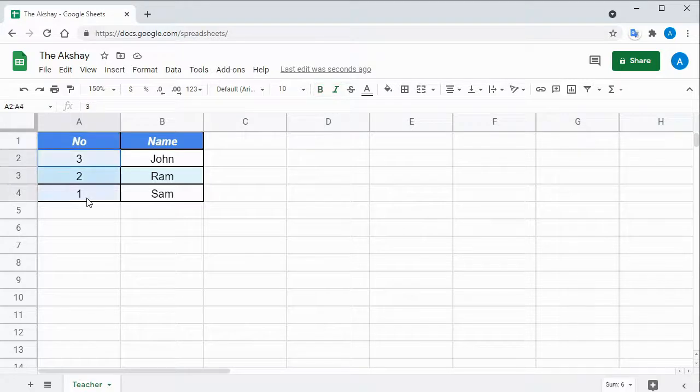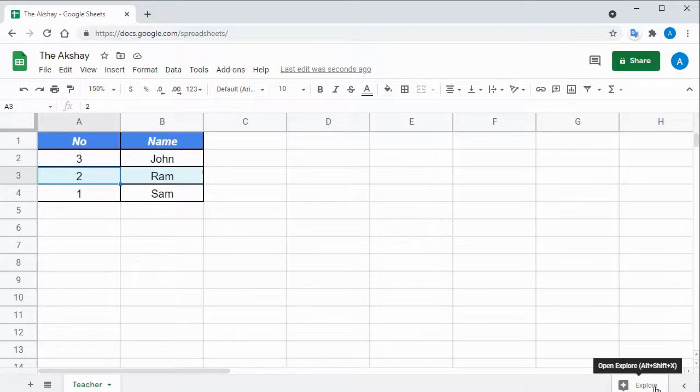Select the numbers in your data, and you can see that here at the bottom it is showing sum 6, that is the sum of these numbers is 6. Click on it and you will see average, mean, max, count. You can change to average if you want, or you can change to count. When you select cells with texts, then by default it will show you count 3, that is 3 cells.